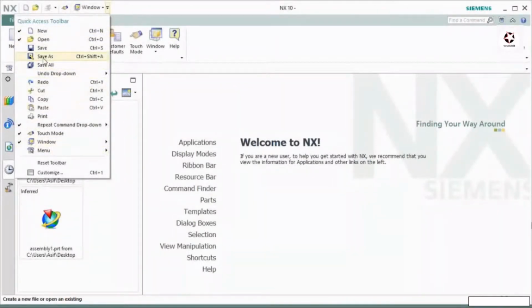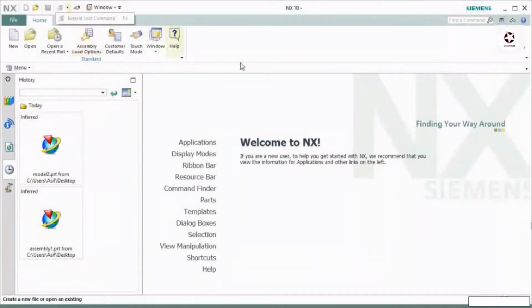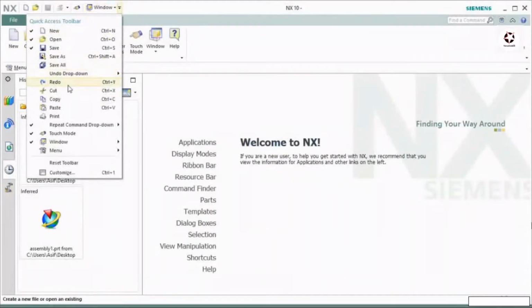Let's say if I want to add the save option here, I can check it, and it will show you that save option here. So every time you want to save, you can use this option. So this is highly customizable. Not only this option, you can add from here. If you want to add some other tool inside this quick access toolbar, that is also possible, but that is a fairly advanced topic. So I will not discuss how to edit this quick access toolbar.